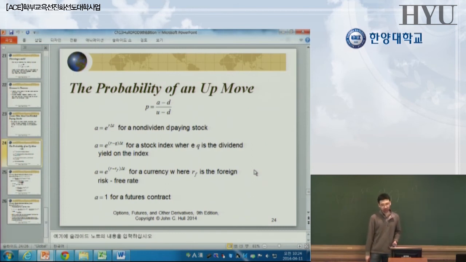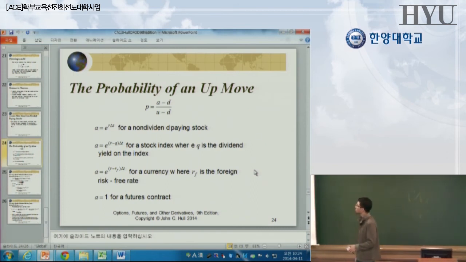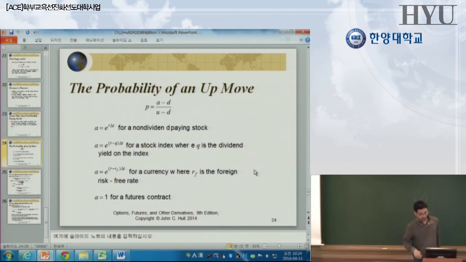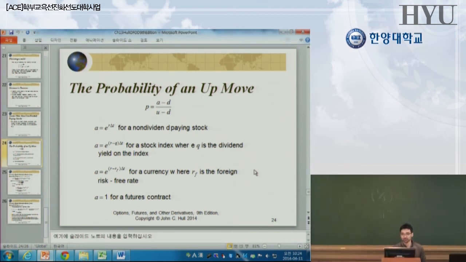And then about risk neutral probability, without dividend, I argue the risk neutral probability looks like this one. The reason is that in the risk neutral world, every asset should grow at the same rate as the risk free rate, right? Therefore, our fundamental